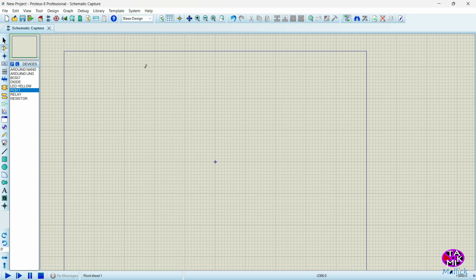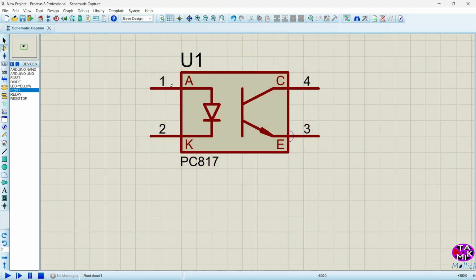So let's get started. This is the opto-coupler PC817. This is very common. See carefully: this is the anode and this is the cathode for the opto-coupler, and this is the phototransistor. See very carefully, this part is completely isolated from this part, so if any harm happens here, nothing will affect this side. So this is very useful for preventing damage,